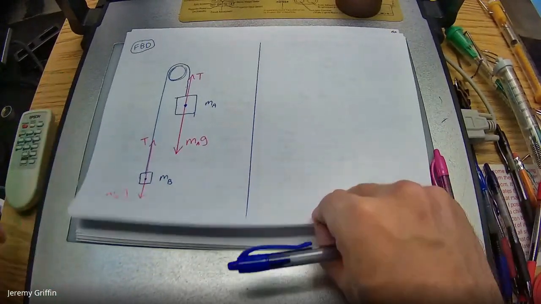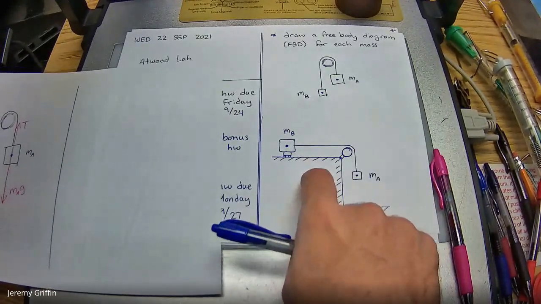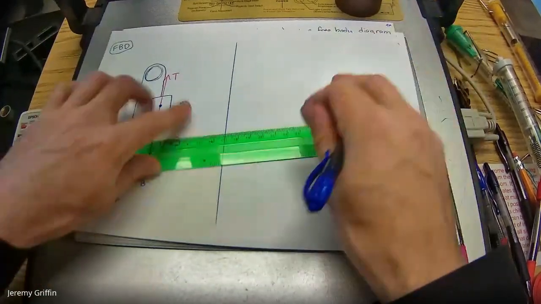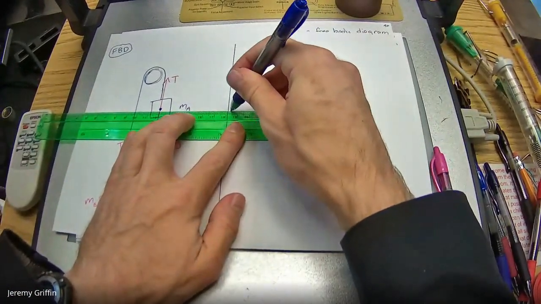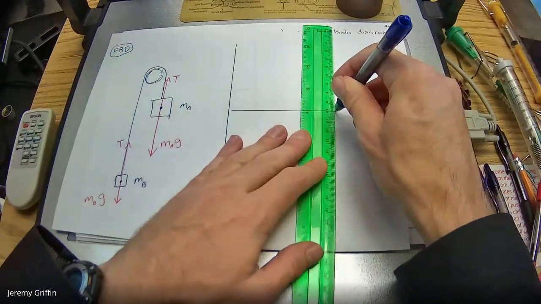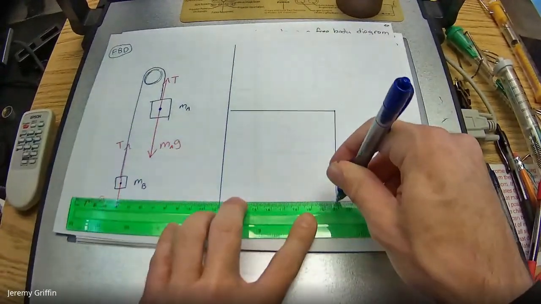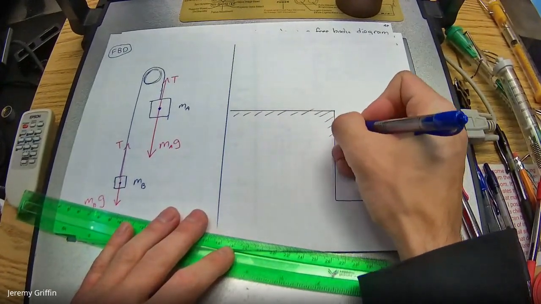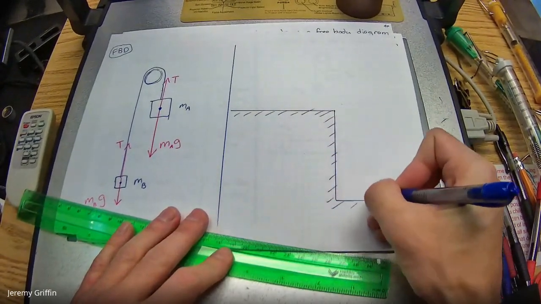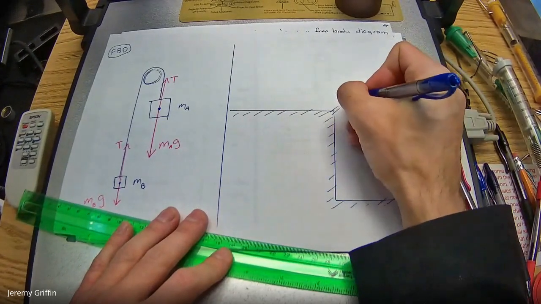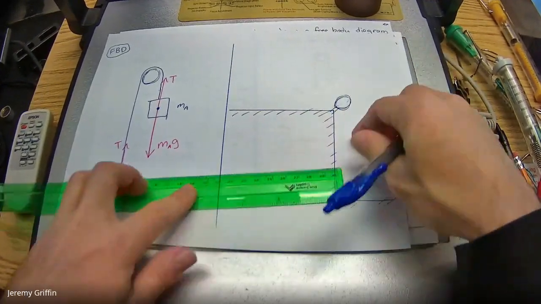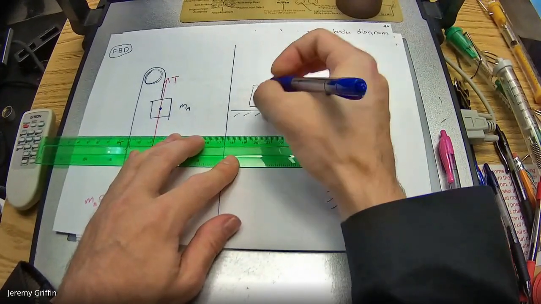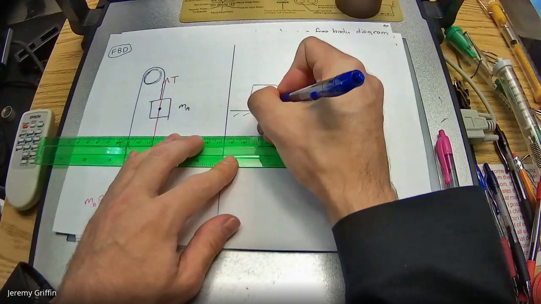Okay. Then you could modify the Atwood machine to look like this, right? Where maybe it has a horizontal type motion going on with it, where maybe one block is being pulled across a lab table and it's got a cliff drop, got a floor. Maybe throw in some hatch marks just to show that this is all solid right here. Okay. There's a pulley, massless, frictionless on the corner. I'm going to put a big old mass right here, and suppose this is seated on